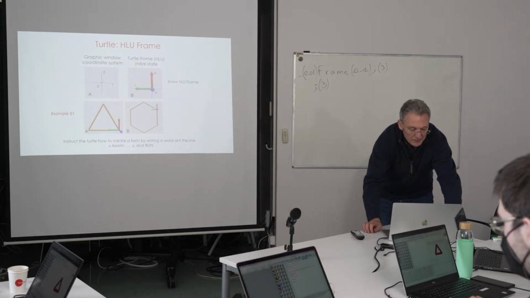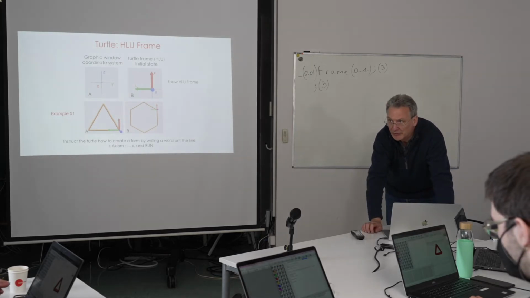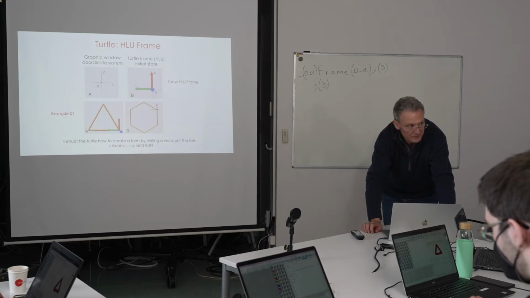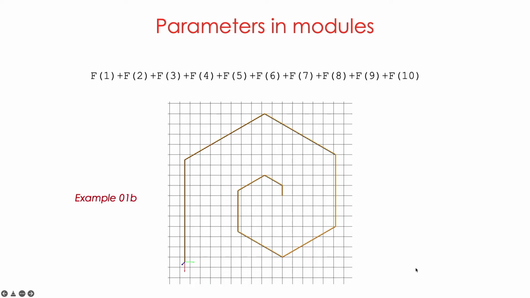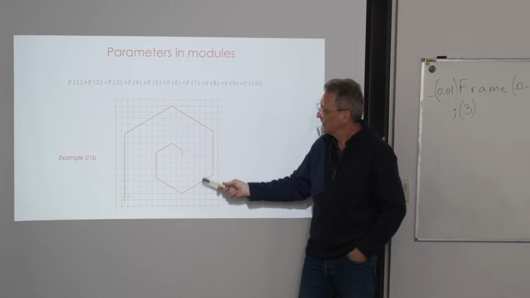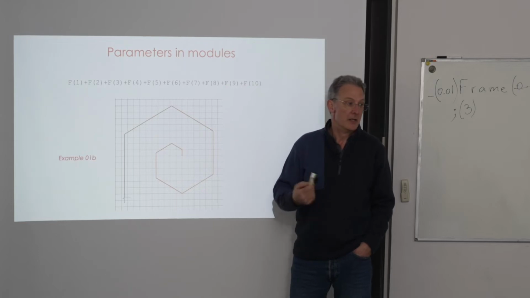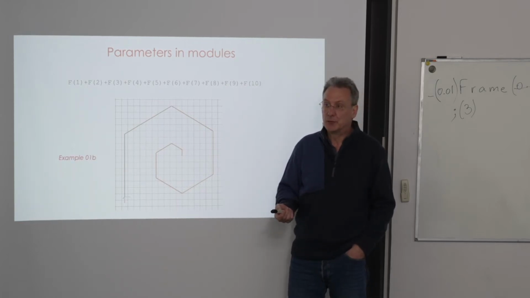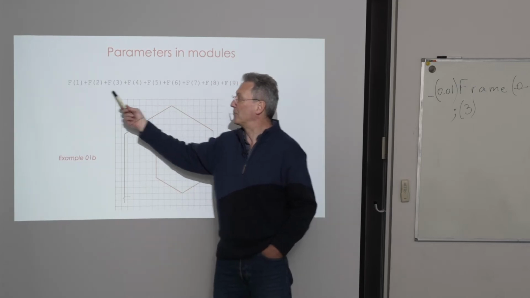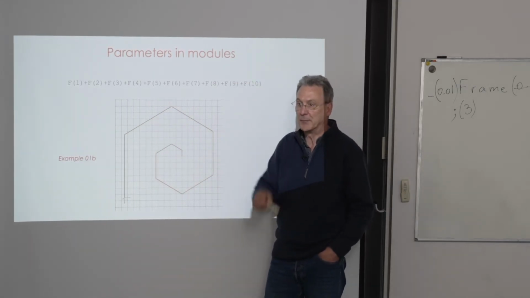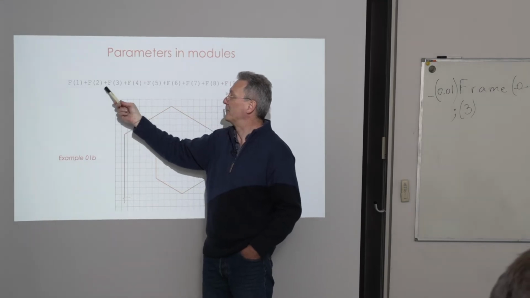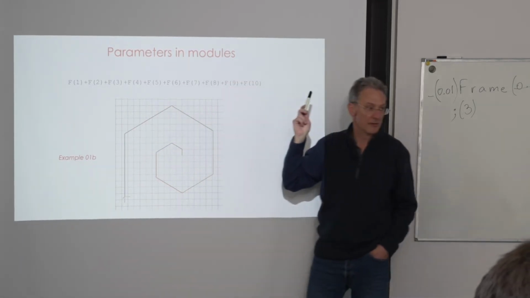Okay. So it's easy to increment the number of edges of the polygons and things like this. Now, we can go to this spiral example, example 1b. If I want to make this spiral, the segment length will augment throughout time. If I use a naive way to do this, I would write a string like this one that I wrote for you in the example. That is f of 1 plus f of 2 plus f of 3,